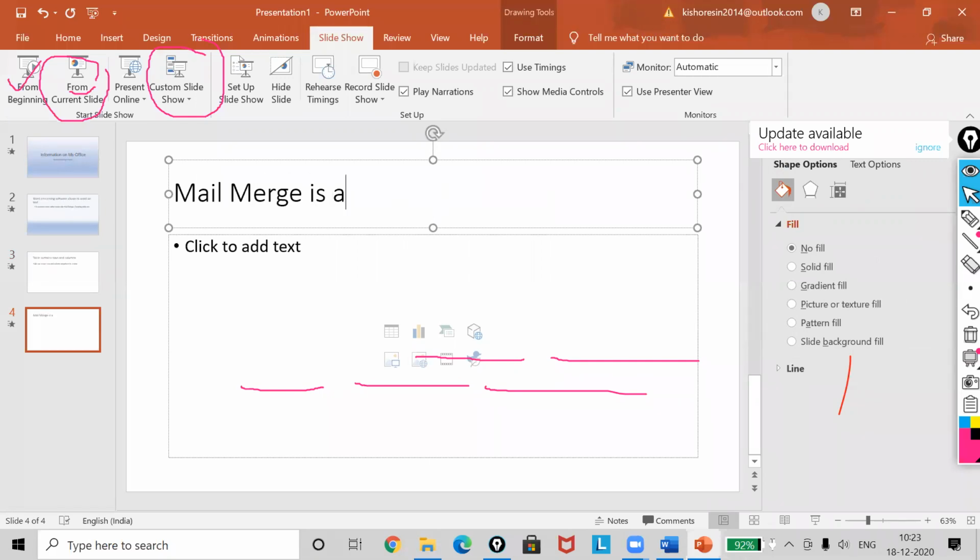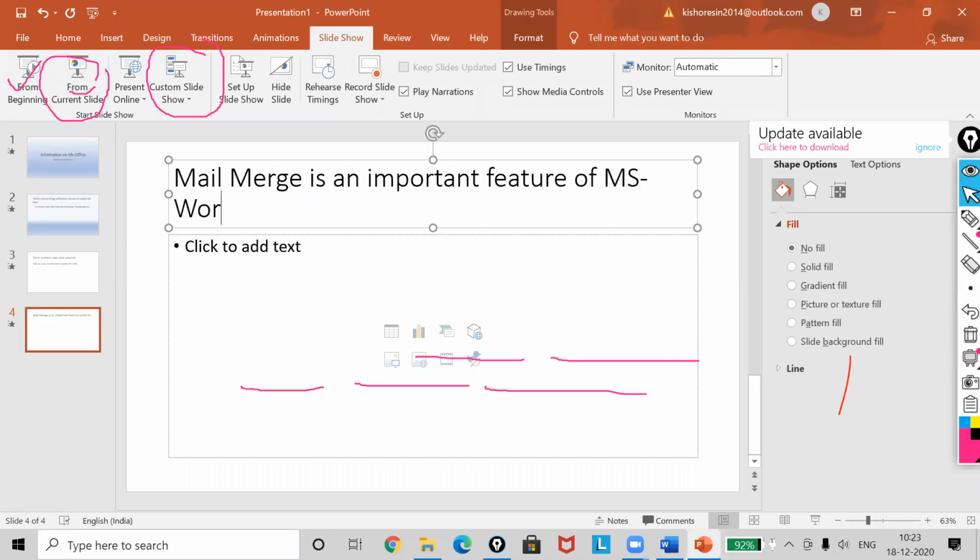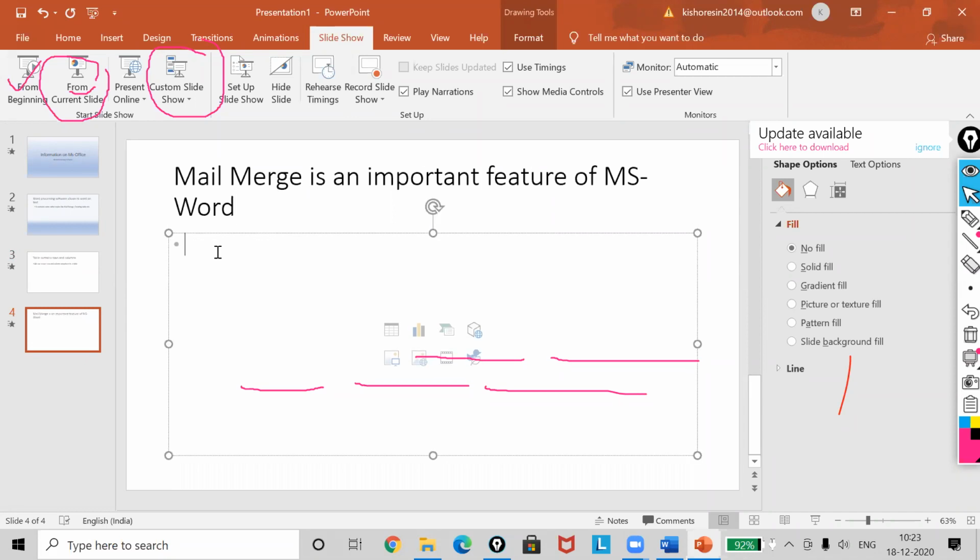is an important feature of MS Word. Now here with this we can merge the main document with a data source.